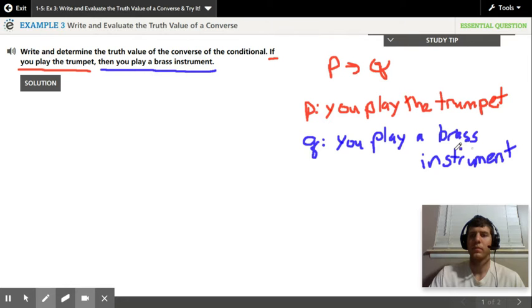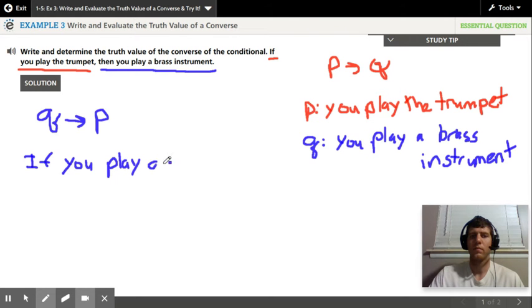Okay, so to find the converse, we're going to say if Q, then P. Instead of if P, then Q, we're going to switch the order. So we're going to say if you play a brass instrument. So the then becomes the if, and the if becomes the then. So we're going to say if you play a brass instrument,